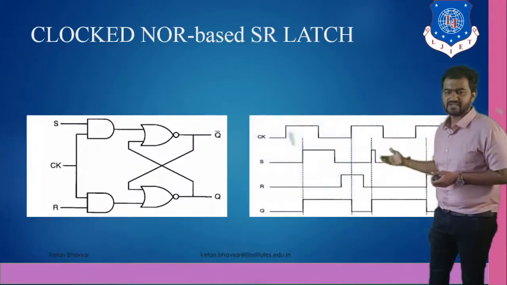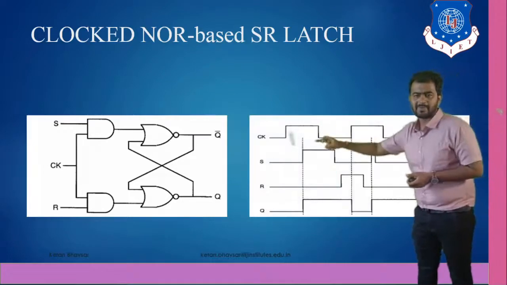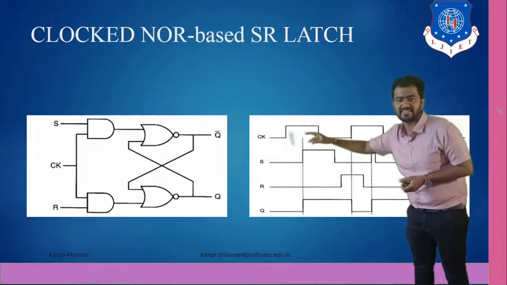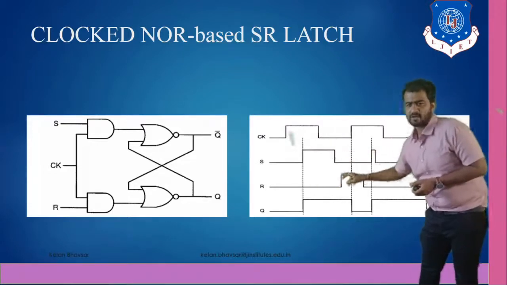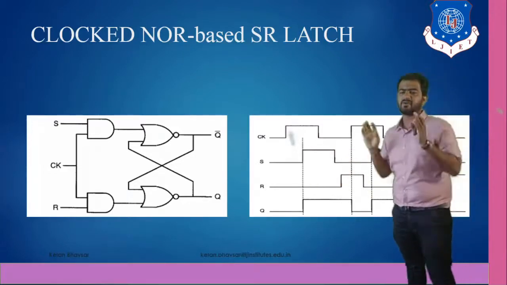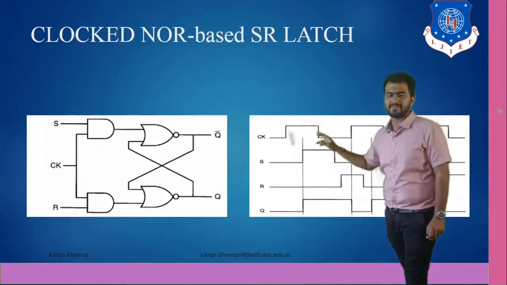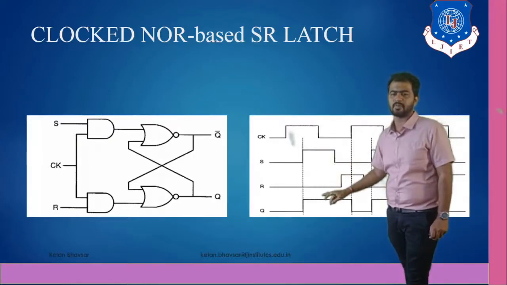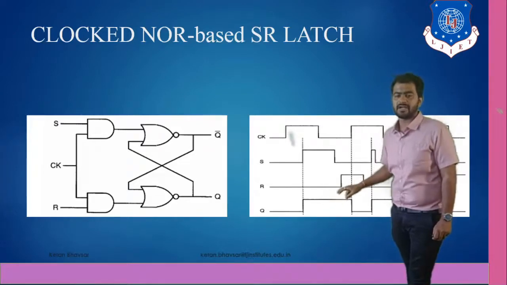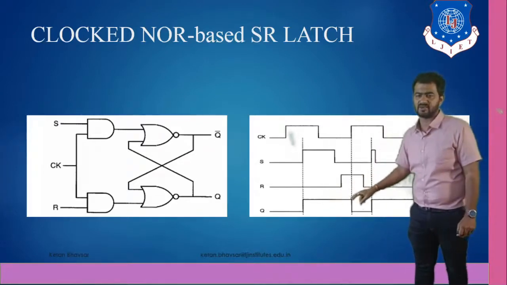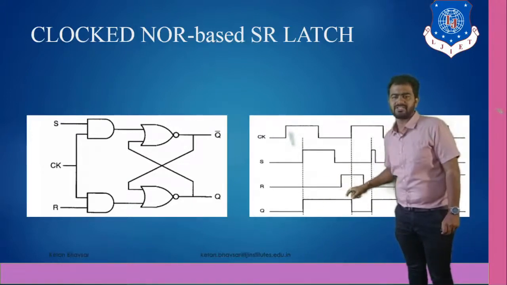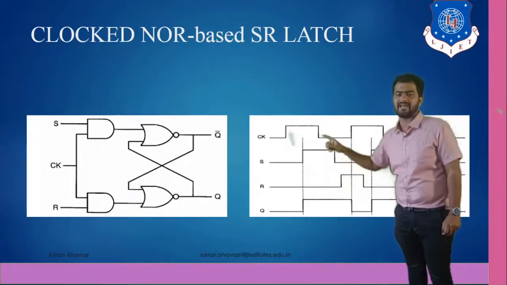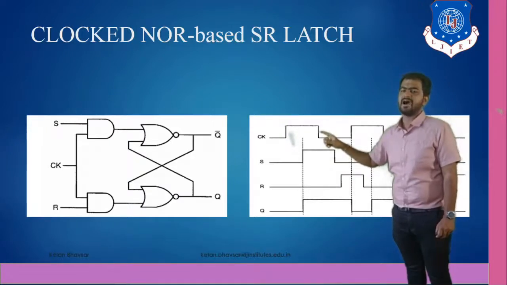And this one is the waveform. As you can see, this one is your clock pulses, right? The clock pulses in terms of rising and falling. You apply the S, you apply the R over here. As you can see, when you are working on the active high based concept, when your clock pulse is high and your S is equal to 1, then your output is equal to 1. And it remains high until your next clock pulse goes to 1. From starting here, from here to here, your Q is equal to 1 because your S is equal to 1, and at the same time your clock pulse is high.